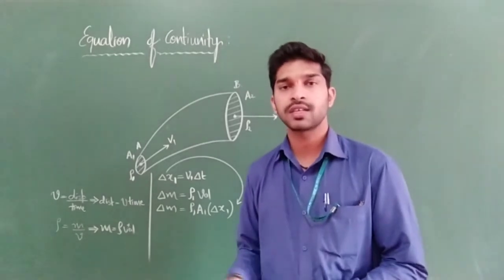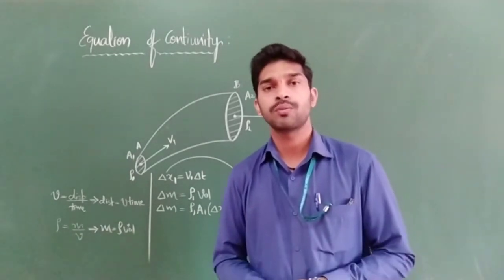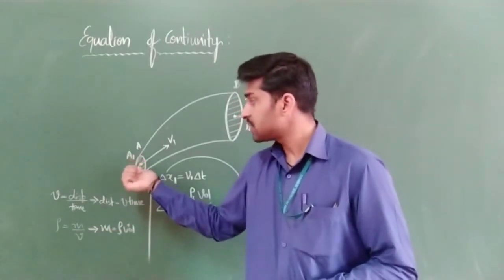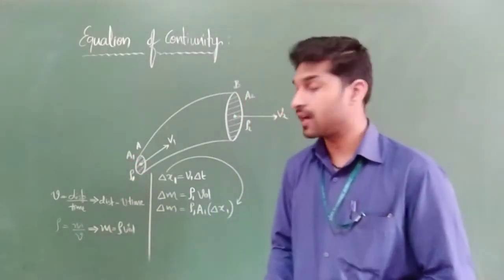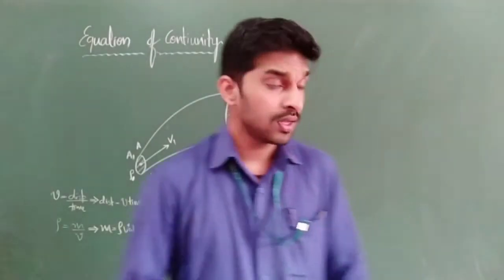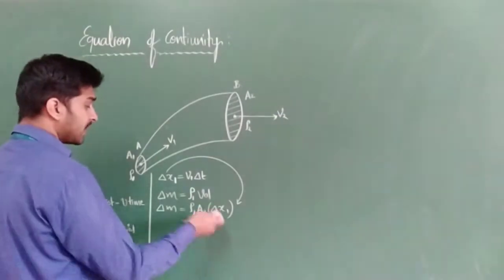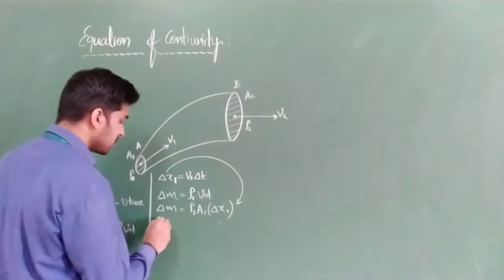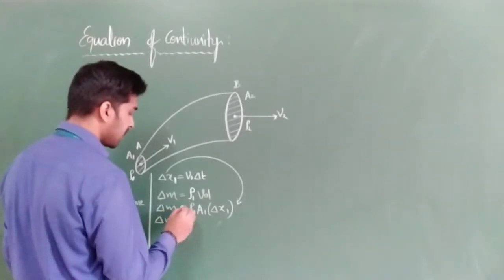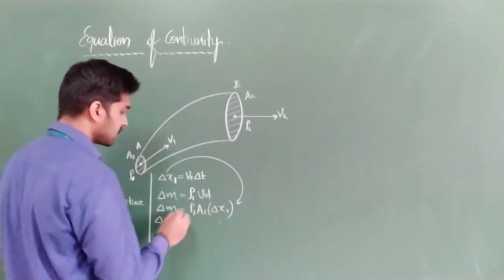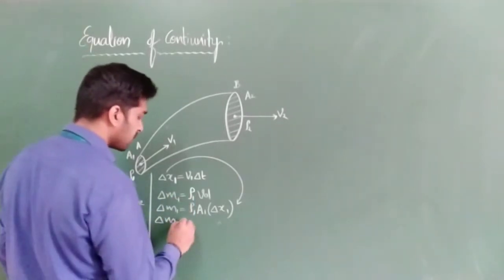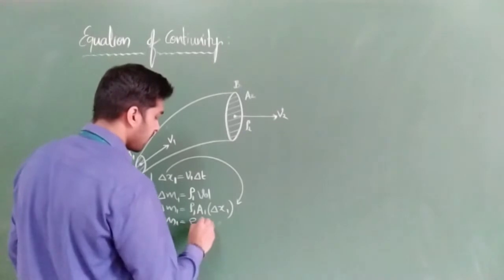Here we are considering in the same manner how much volume of water is entering at point A, and how much mass of the water is entering at this phase. That is nothing but delta m is equal to rho 1 A1 into delta x1. Clear? So delta x1 we directly substitute. Let us call it delta m1, which is equal to rho 1 A1